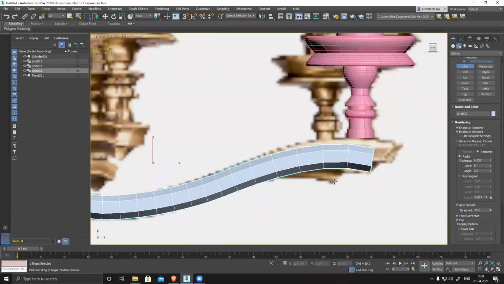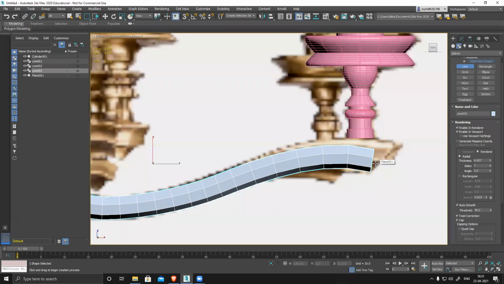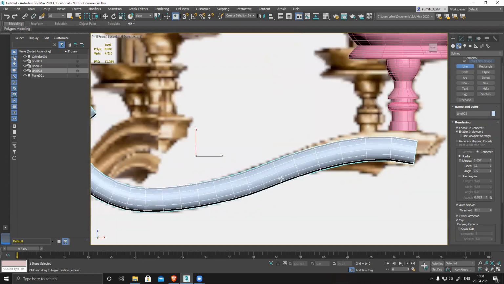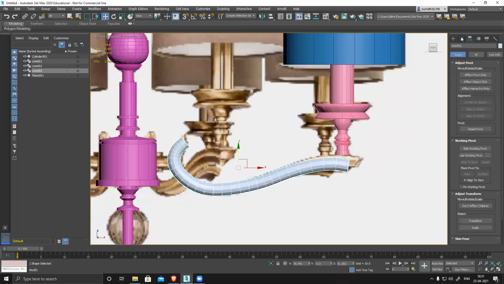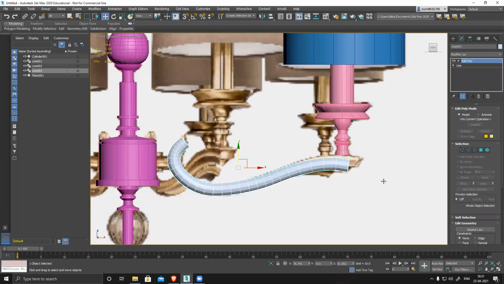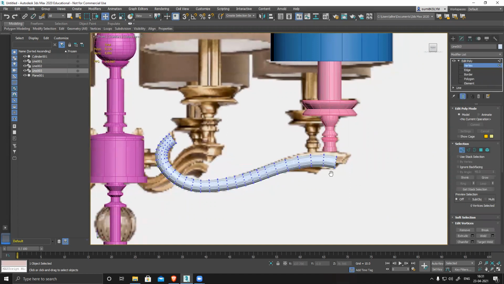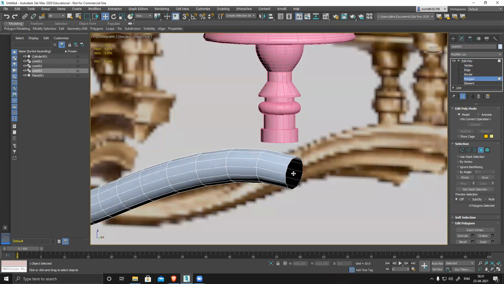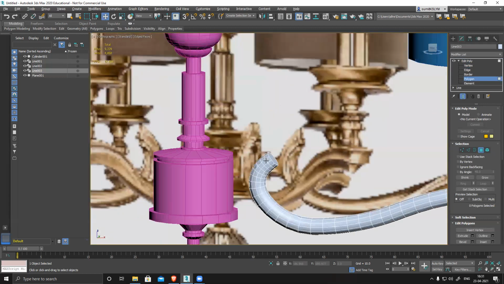Now I need to modify this thing according to my requirement. So I'll increase the sides. So I can see 1, 2, then again this one, 3, 4, 5, 6. I need 6 sides. Then I'll go to line, apply an edit poly, and go to vertices. And this extruded polygon cover, I don't want it, I want to remove it. First we'll create the shape, then I'll fix it.